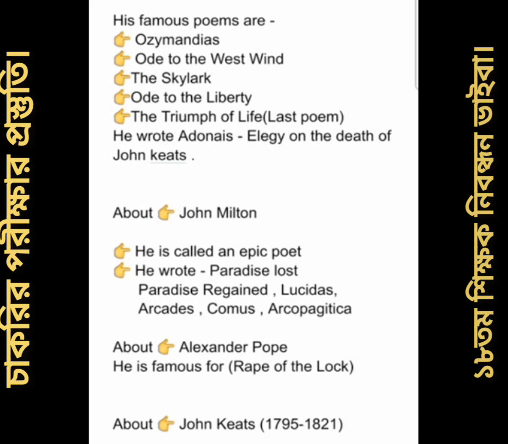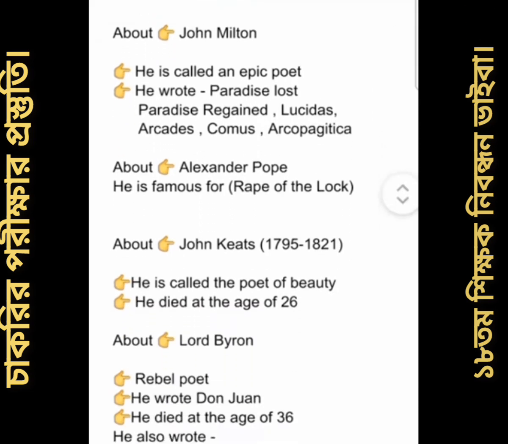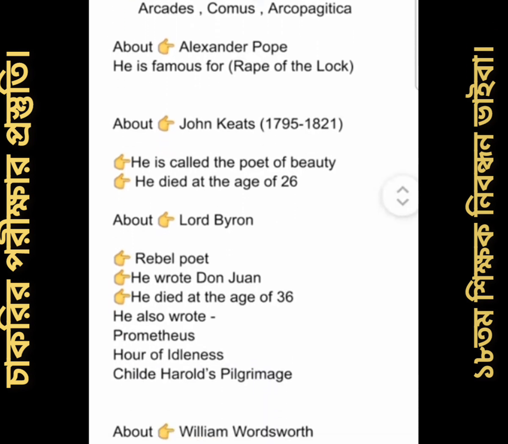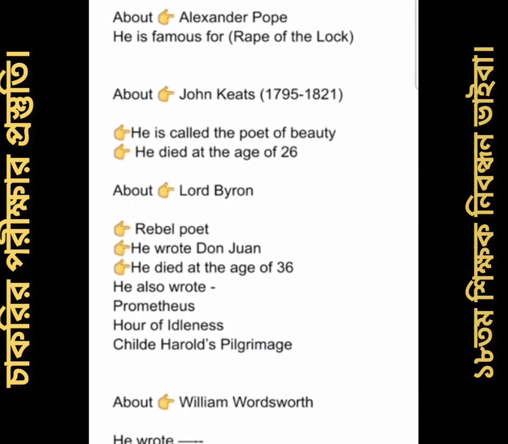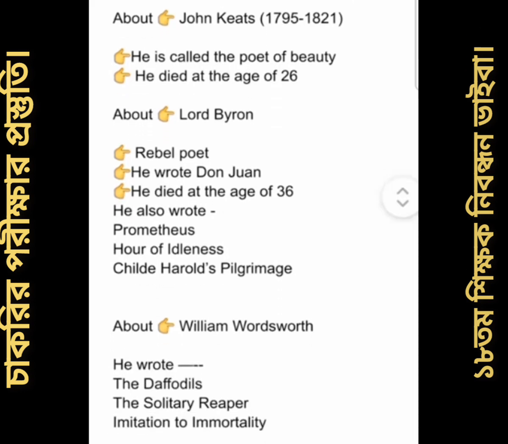About John Milton, he is called the epic poet. He wrote Paradise Lost, Paradise Regained, Lycidas, Arcades, Comus, Areopagitica. About Alexander Pope, he is famous for The Rape of the Lock. About John Keats, he is called the poet of beauty. He died at the age of 26. About Lord Byron, rival poet, he wrote Don Juan. He died at the age of 36. He also wrote Prometheus, Hours of Idleness,